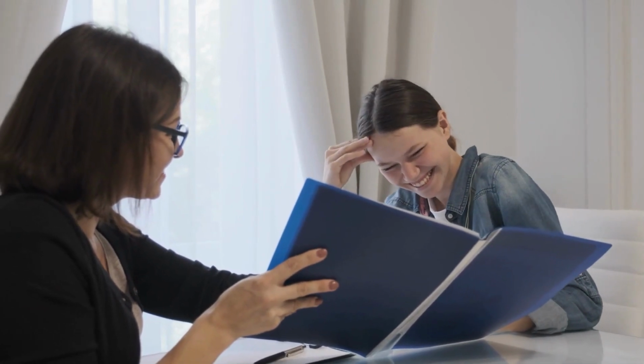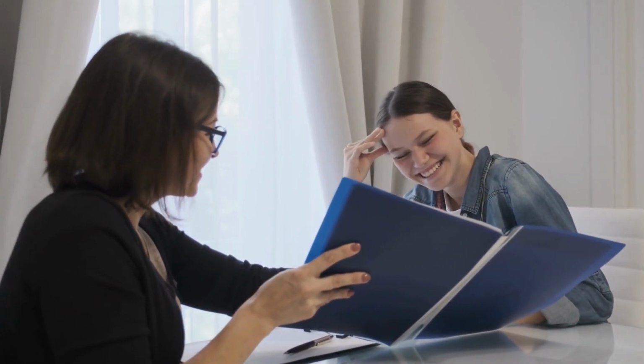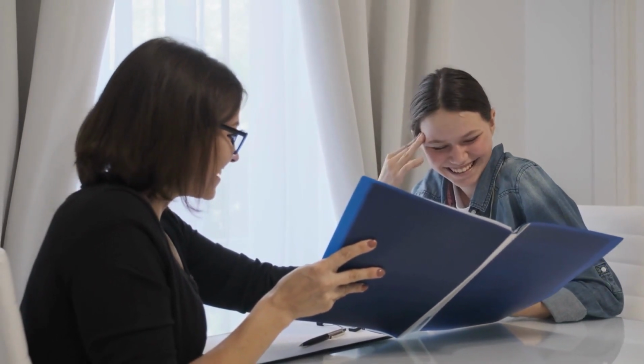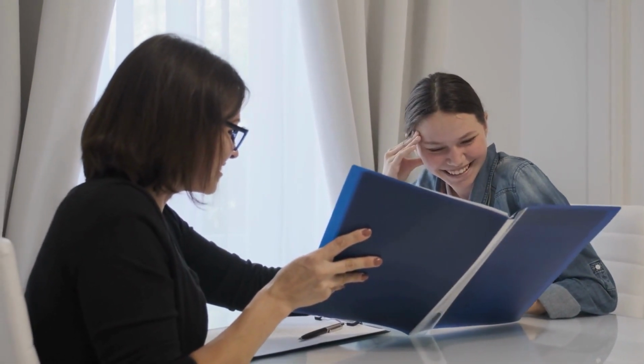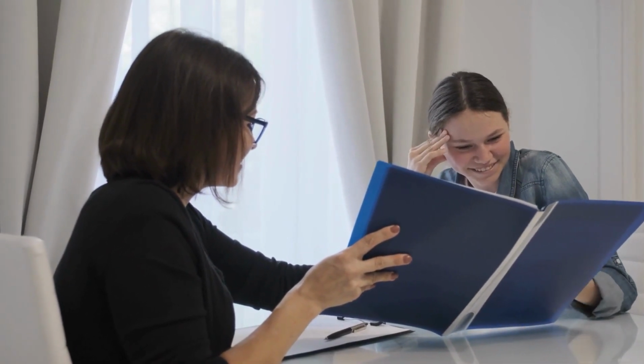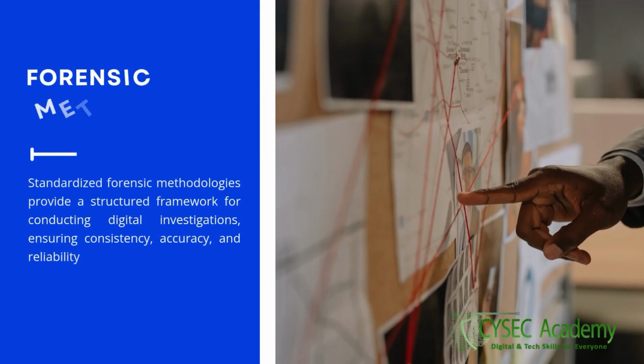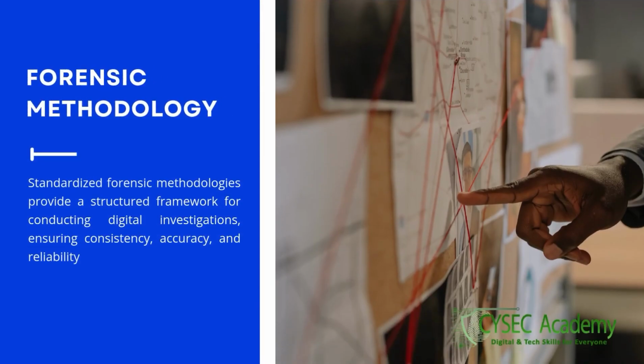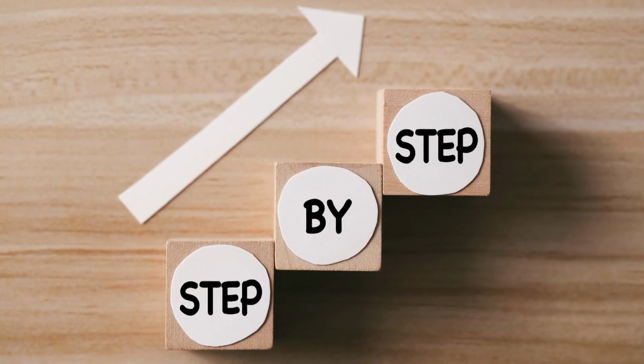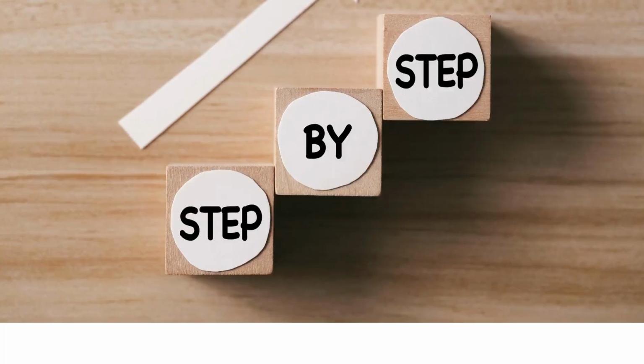In conclusion, the Global Gadgets breach demonstrates that minor deviations from proper chain of custody procedures can significantly impact the credibility and usefulness of digital evidence in a forensic investigation and any subsequent legal actions. Finally, let's explore the importance of standardized forensic methodologies in ensuring consistent and accurate investigations. What are forensic methodologies? These are standardized procedures and guidelines for conducting digital forensic investigations. They provide a step-by-step approach to ensure that investigations are thorough, objective, and repeatable.